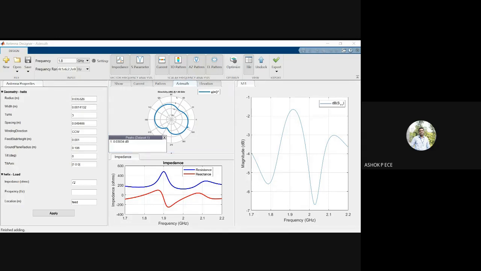All the properties of the antenna you can design and change. Once you change everything, you can redo the simulation, and you can see whether the parameters have changed or not. You can perfectly do that, and you also have an option called